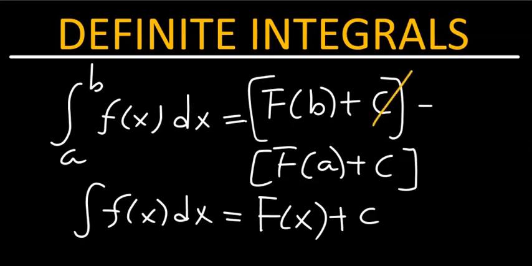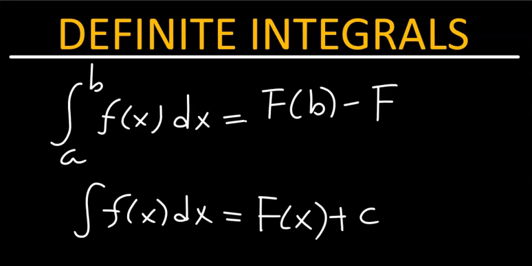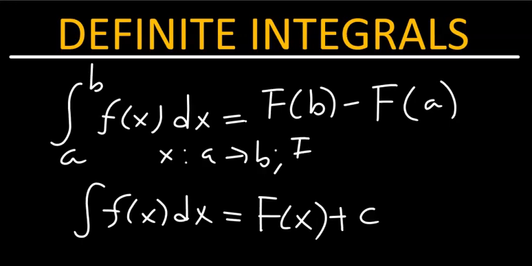Now you see the integration constant cancels out, giving you capital F evaluated at b minus capital F evaluated at a. So the point is, as x changes from a to b, the capital F function would change from F(a)